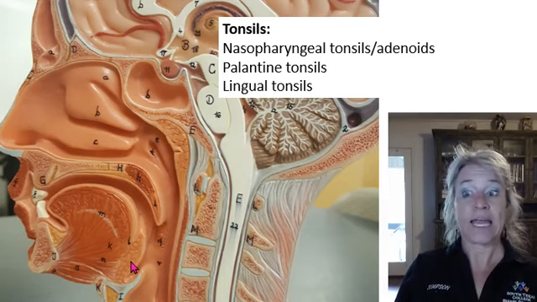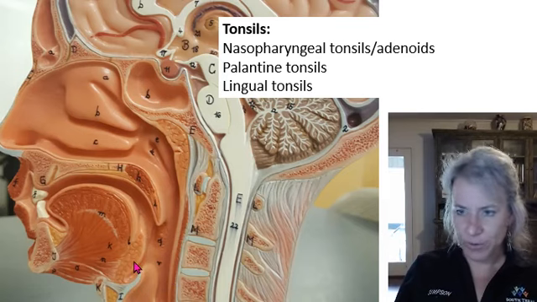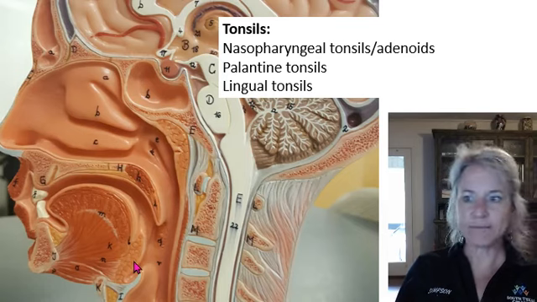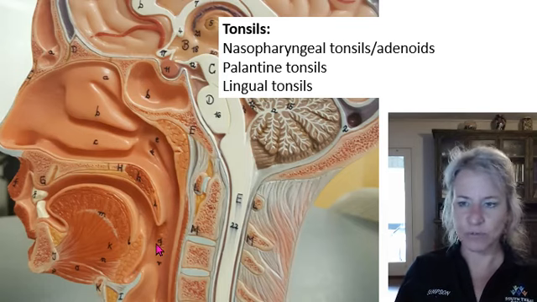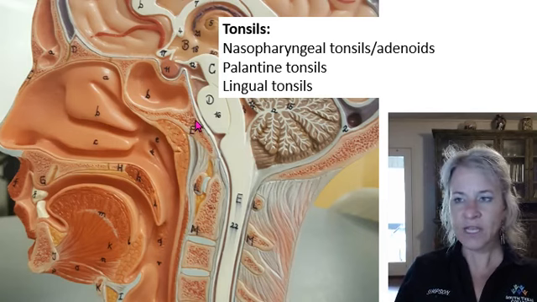So, have you ever heard of anybody having their tonsils removed? And so, oh, I had to get my tonsils removed, my adenoids removed. Okay, so there's a couple reasons why they might be doing that. So we already know that the purpose is to protect you from infection. But